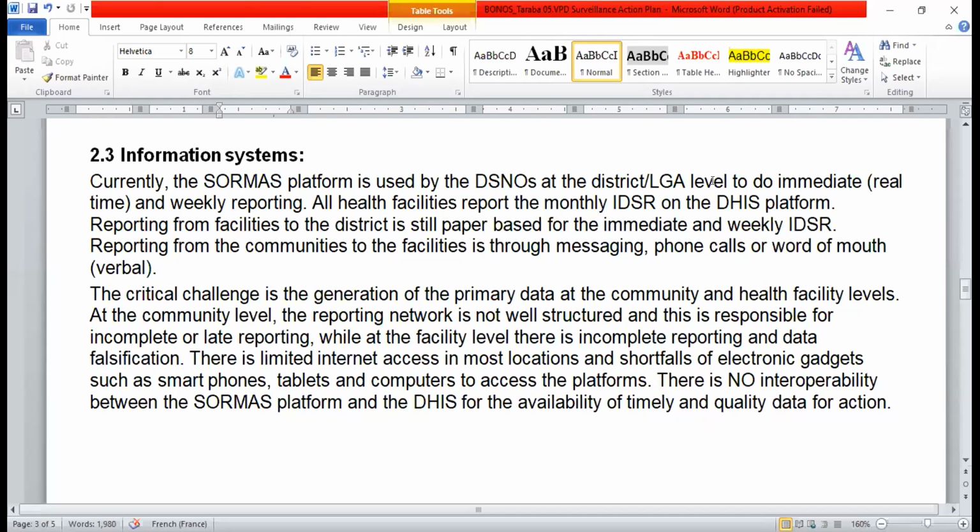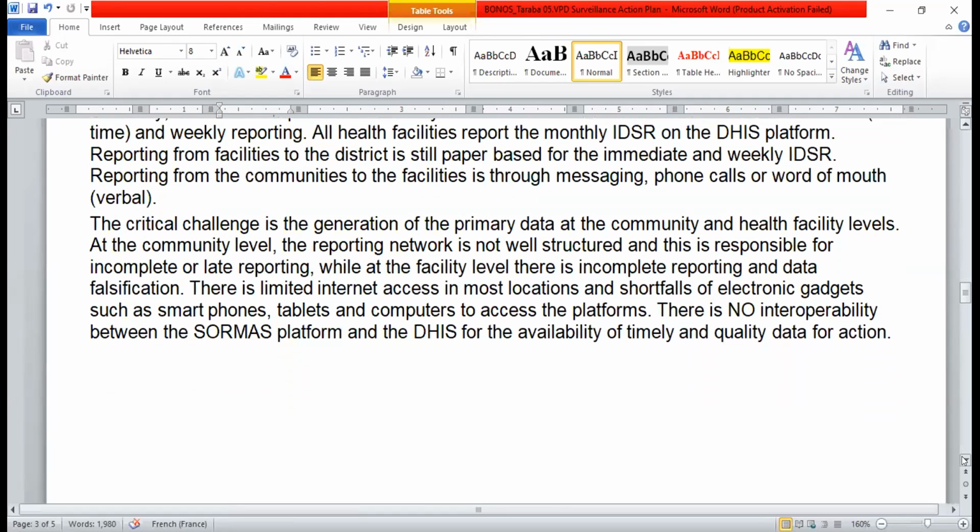All health facilities are on the DHIS platform, but there is no interoperability between the SOMAS platform and the DHIS platform. So the critical challenge is at the level of generation of the primary data at the community and health facility levels, where at the community level it is not well structured, and sometimes there is late and incomplete reporting, and at the facility level there may be data falsification. And sometimes there is limited internet access in some locations.